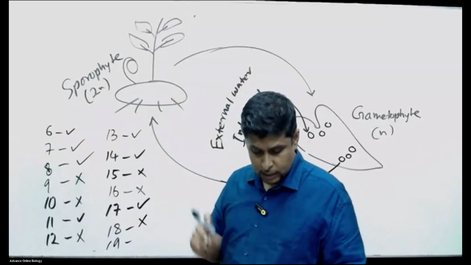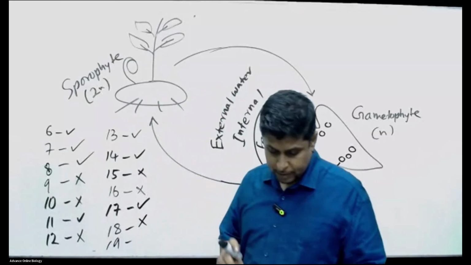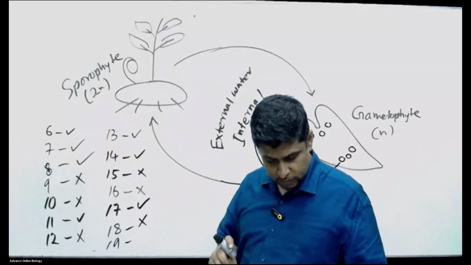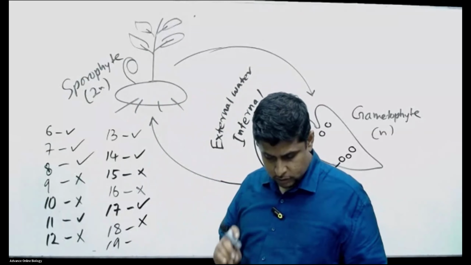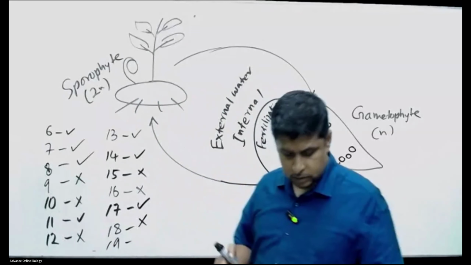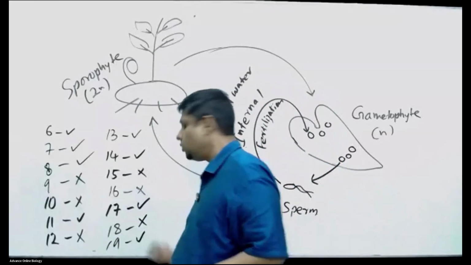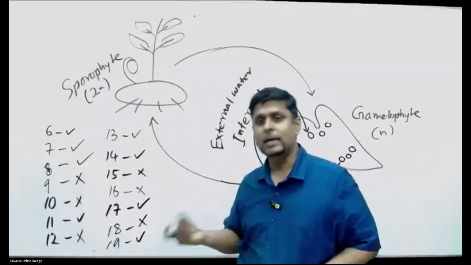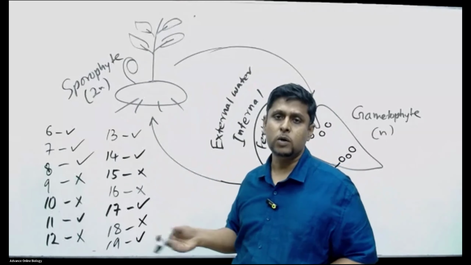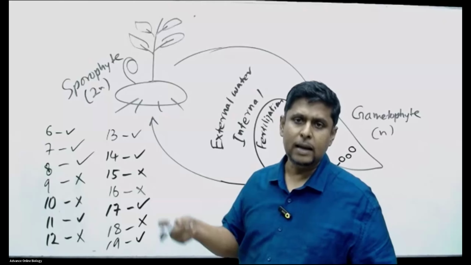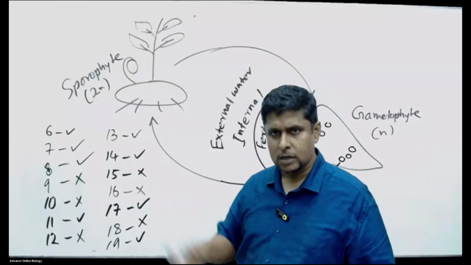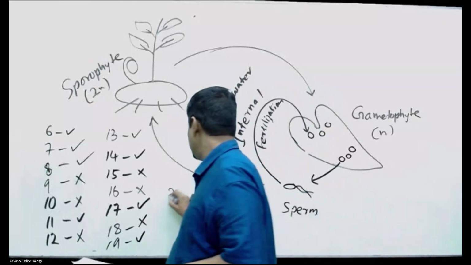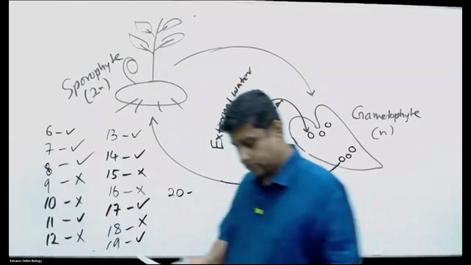Selaginella megaspore starts to develop into female gametophyte in the strobilus and is released into the external environment. Correct, people. We know in the megasporangium, the megaspore begins its germination and then transforms into a partially developed female gametophyte. So as it disperses, it goes as a partially developed female gametophyte. Correct.